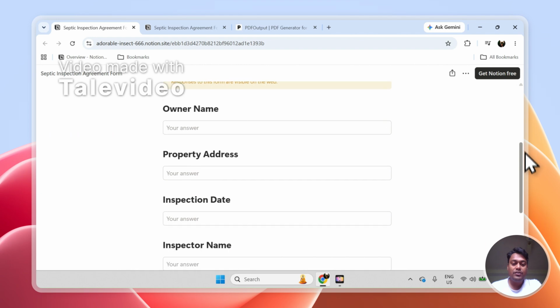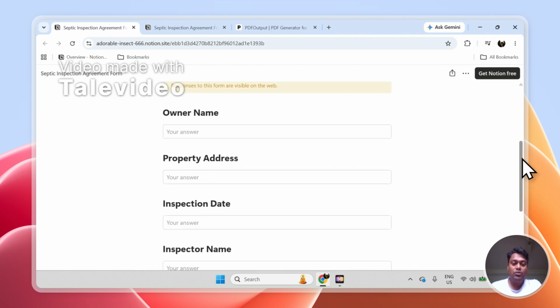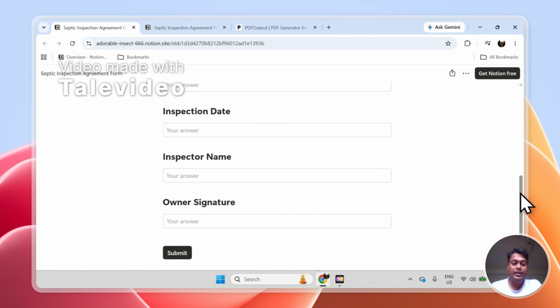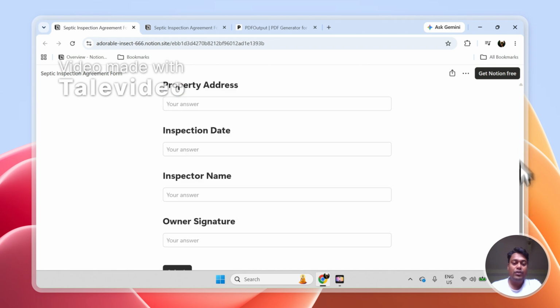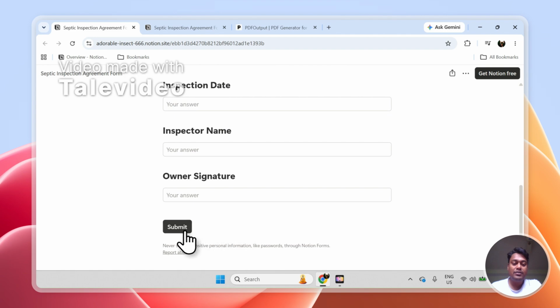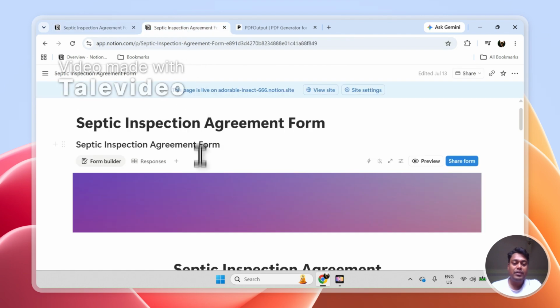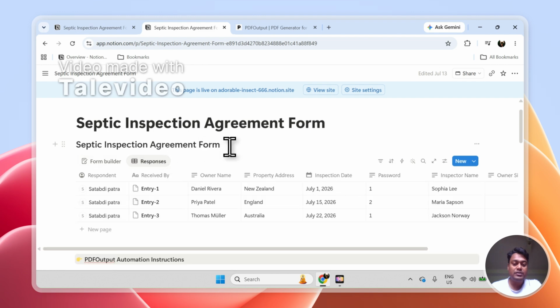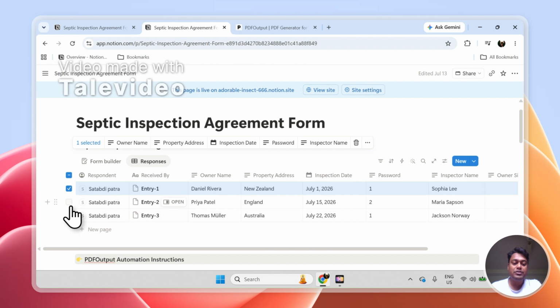So this form has certain fields of details available such as the owner name, property address, inspection date, inspector name and so on. And once the user fills in all the details and they click on submit, the responses will come under the responses view of the particular database. So this is the responses view which we have,